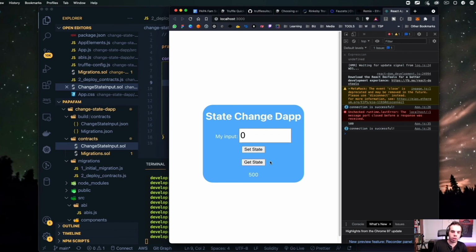So there's different ways that you can optimize the smart contract to fill your needs. But I think that's one of the most powerful aspects of blockchain to me, is that all of the data is immutable, so that people are writing to this public ledger and then people are able to verify that public ledger. And of course, I didn't even need to log in and verify that type of stuff, because the system is verifying that this account is also a part of that same network. So that's why I was able to get the 500 that I had set in the previous account, because they had already run the transaction, and then I was able to just read from the state of that variable input.